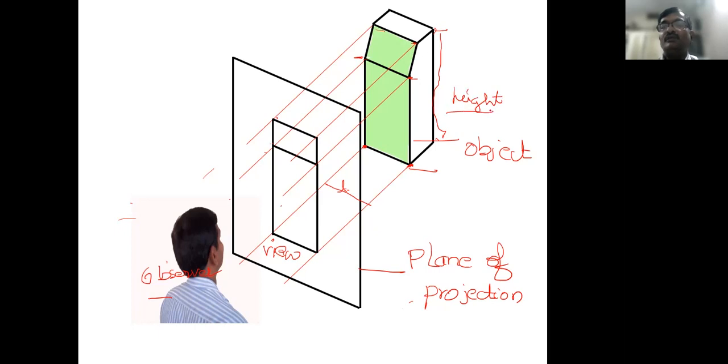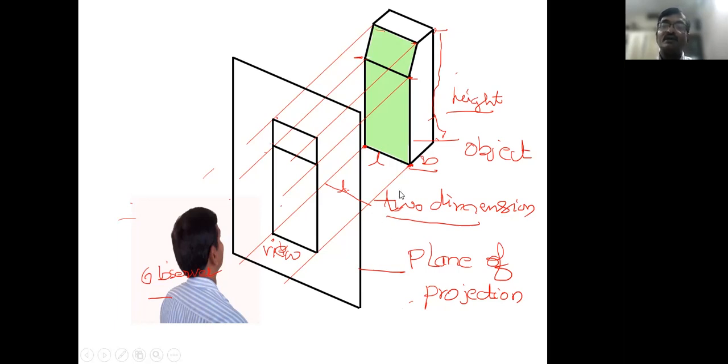So in one view, we get only 2 dimensions, 2D. This principle converts a three-dimensional object, with length, width, and height, into a 2-dimensional object. In that case, we can easily draw it. So in this principle, the orthographic projections are drawn. But here, one view gives only 2 dimensions.